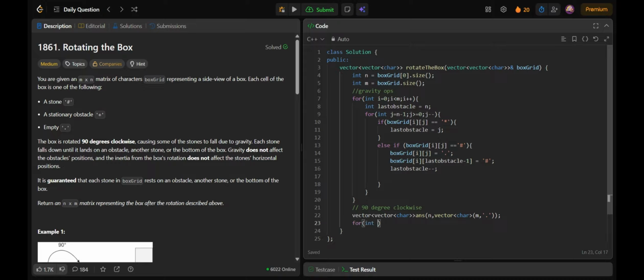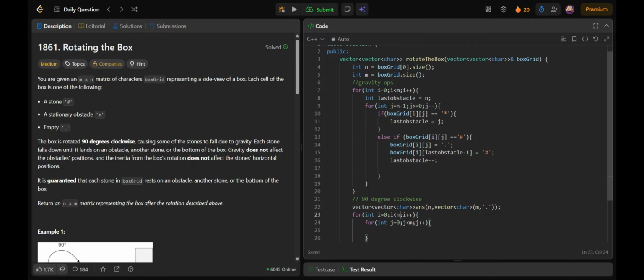Now I'll traverse my box grid. Okay, by mistake I wrote this. Yeah. So for my answer of ji, I'll have box grid of ij, right?